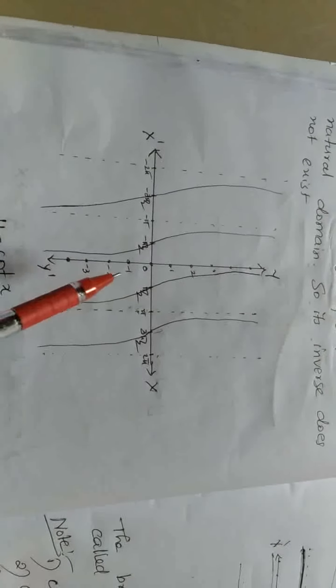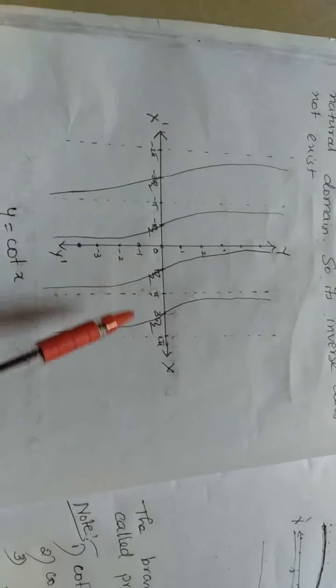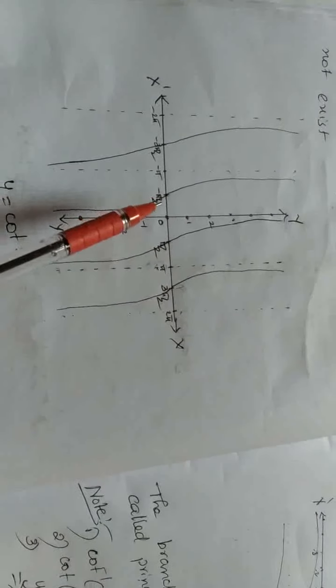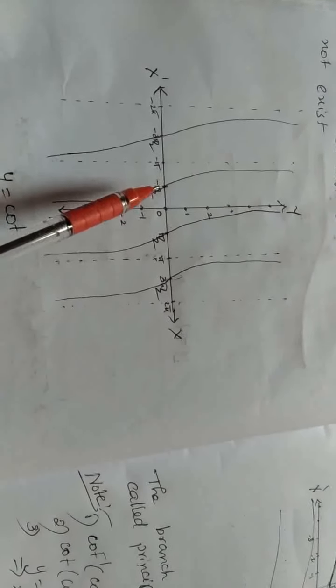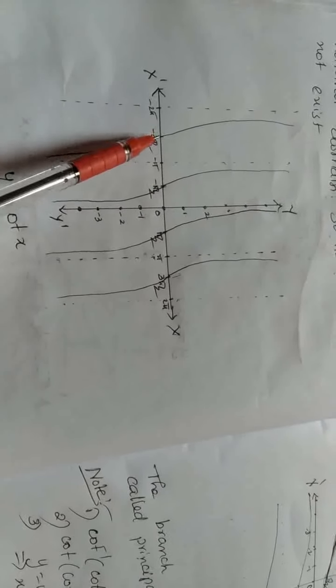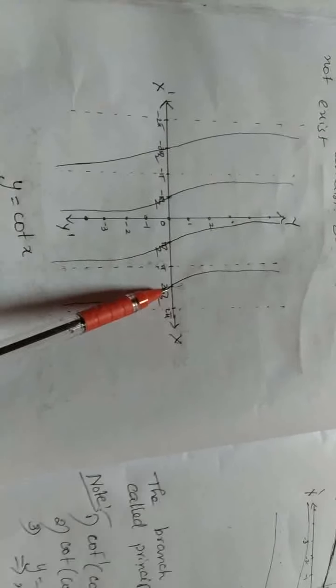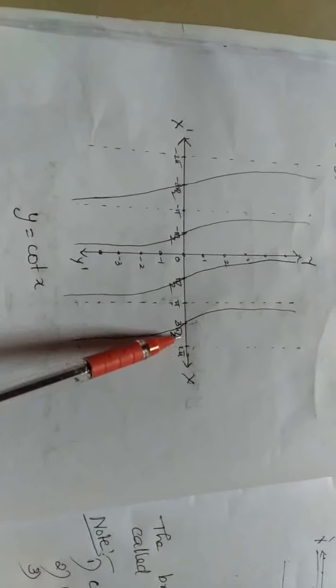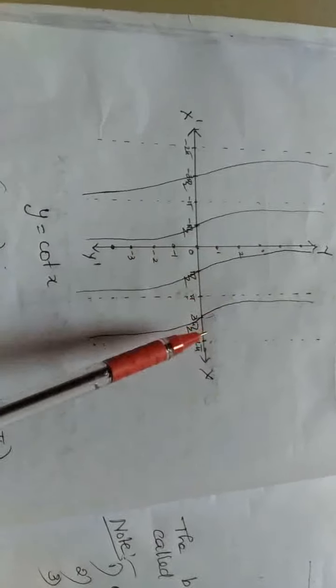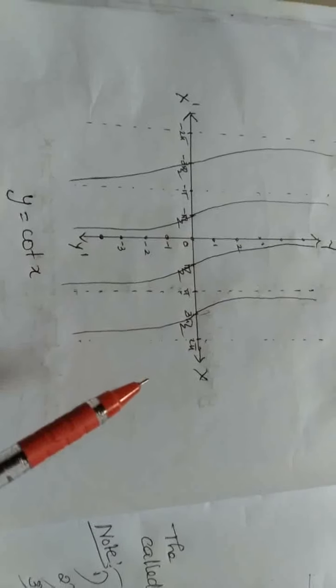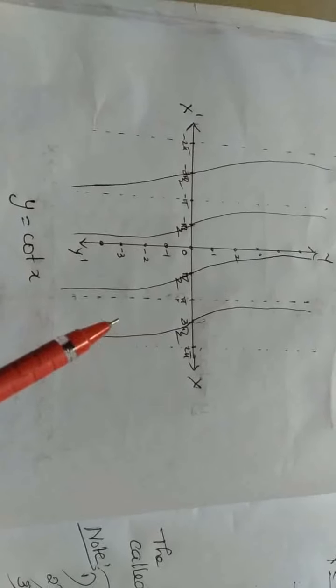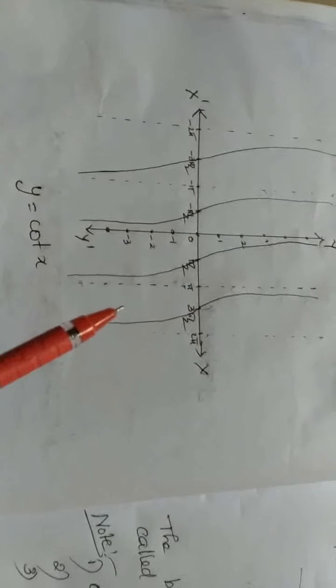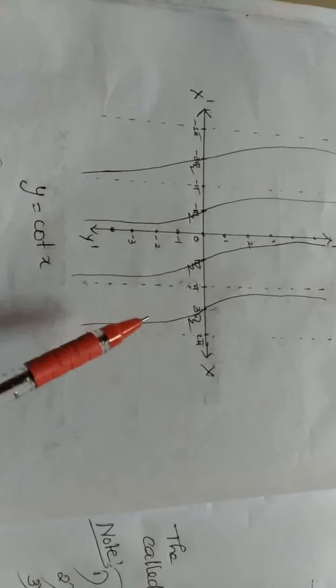Now look at the graph of this cotangent function y is equal to cot x. You studied about graphs in first year. Look at this. This function is not 1-1. Let us take one example. Cot of minus pi by 2 is 0. Cot of minus 3 pi by 2 is 0. Cot of 3 pi by 2 is 0. Cot pi by 2 is also 0. Means you will get infinitely many elements in your domain having the same images in your codomain. Therefore, this function is not 1-1. Its inverse does not exist.